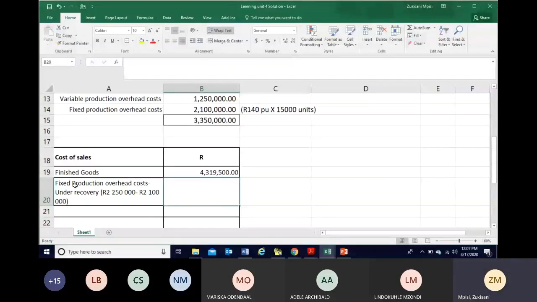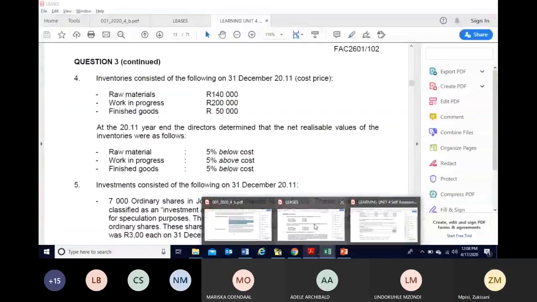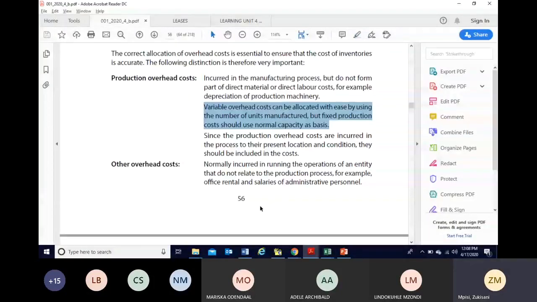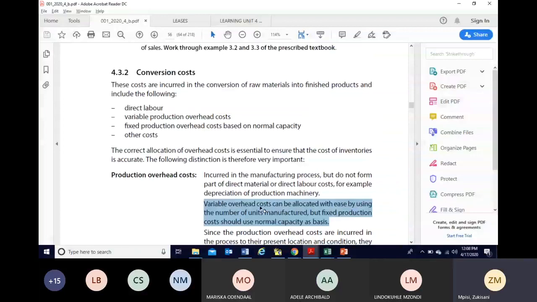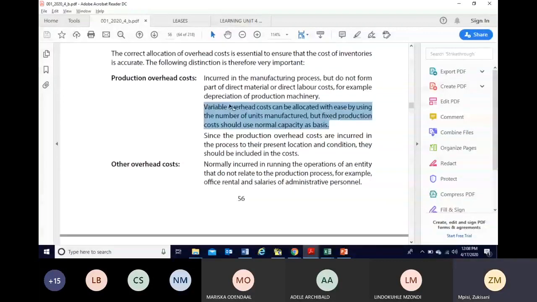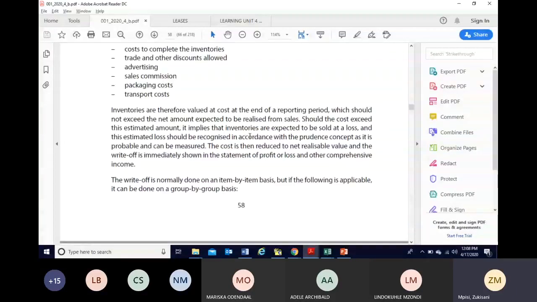Right. So now let us go to this. You are told here that these costs are incurred: direct labor, variable production, fixed overheads based on normal capacity, and they explain to you the story. Okay, they do not explain it there. But in this case, what has actually happened is we were expecting, in terms of the normal capacity, to incur cost at 2,100,000, but we actually have a cost of